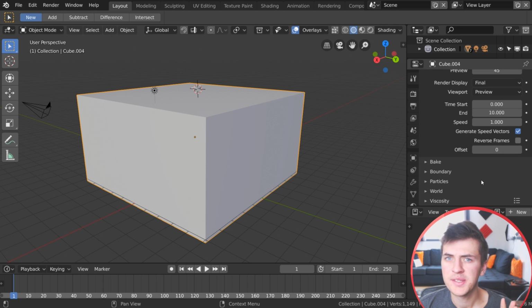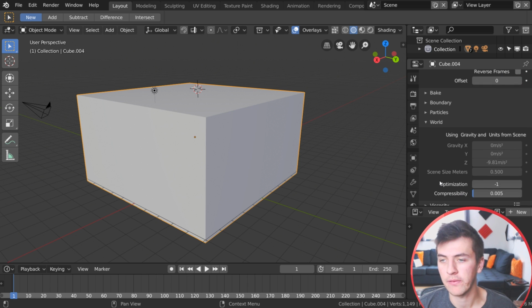Now the main settings that we're going to want to change to really affect the way the fluid looks and interacts with the scene are going to be in the world and the viscosity. I'm sure I'm mispronouncing that, but in these two settings, we're going to be able to kind of affect the way the fluid really looks. Now first off, if we want to be able to change these settings right here, it's currently using the settings from the scene. And that's okay for the gravity and stuff, but I want to be able to affect the